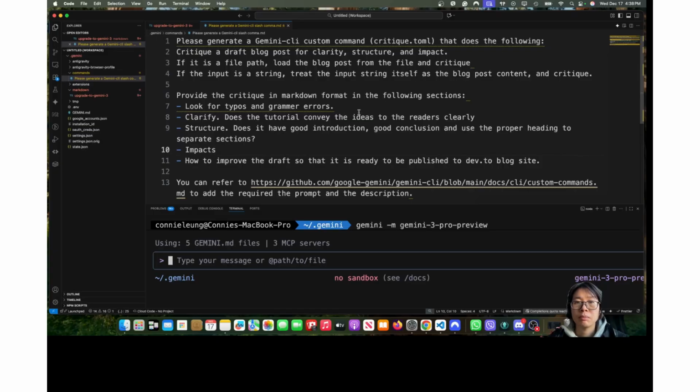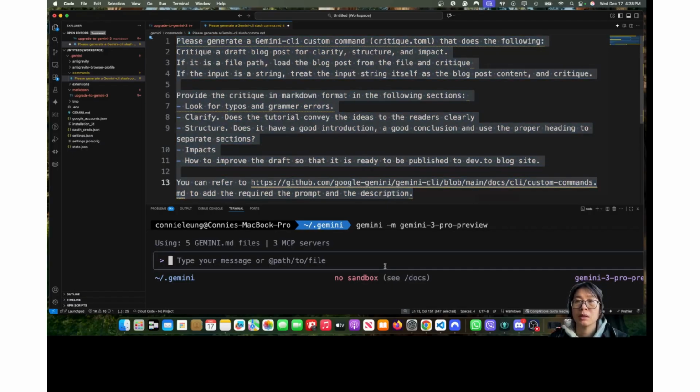Provide the critique in Markdown format in the following sections. Look for typos and grammar errors. Clarity: does the tutorial or article convey the ideas to the readers clearly? Structure: does it have a good introduction, a good conclusion, and use proper headings to separate sections? Impact: how to improve the draft so that it is ready to be published to a Dev.to blog site. So let me paste